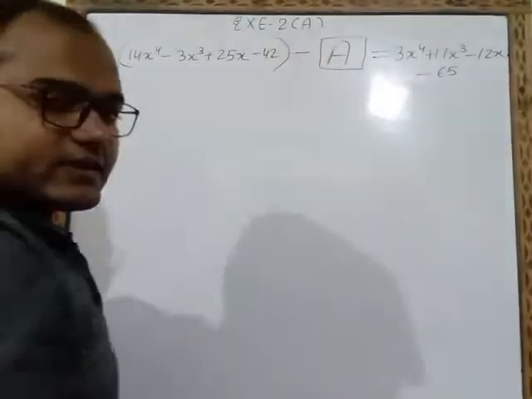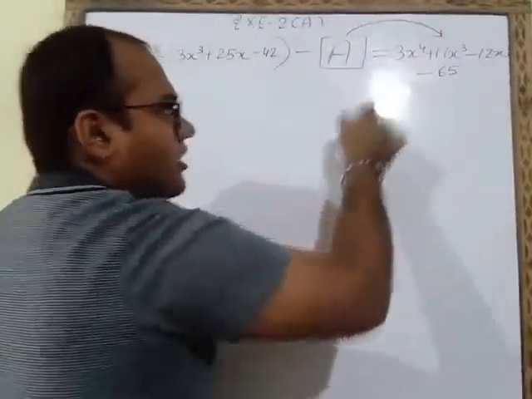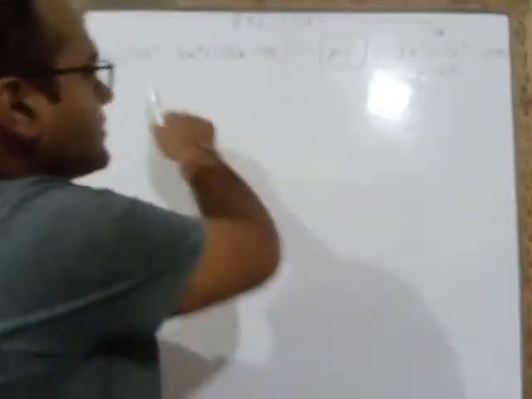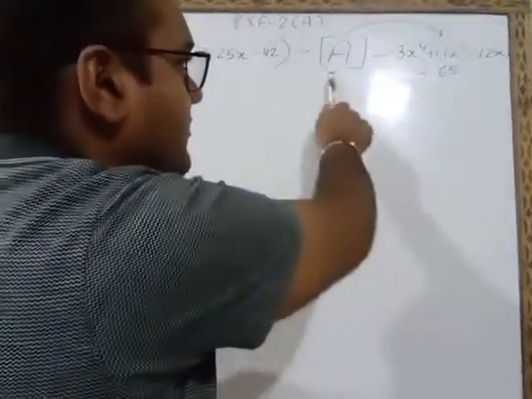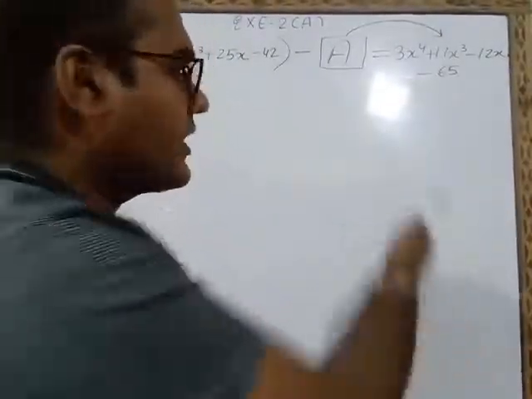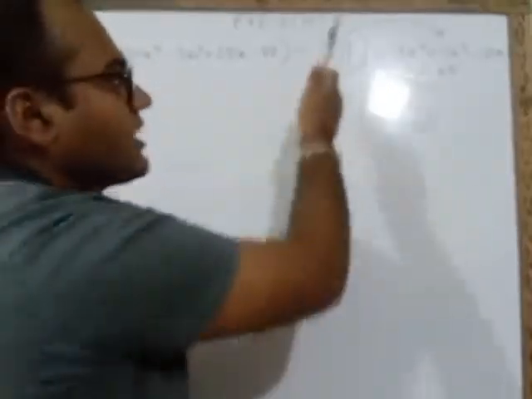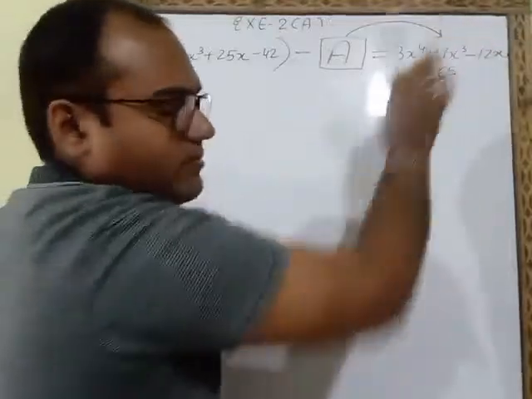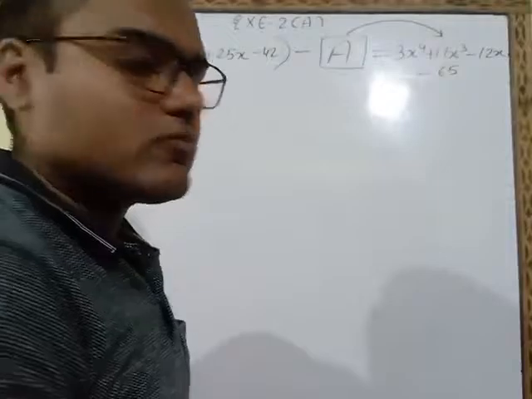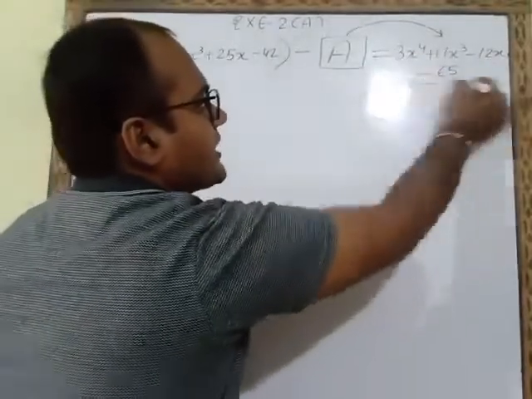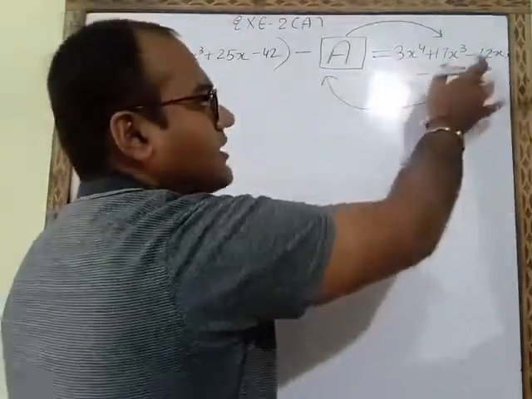A is minus. So first of all you will bring this A here in order to change the sign. This algebraic expression we know, this algebraic expression also we know, but here we have to find what the algebraic expression is. So here we had assumed A, and this A is of minus sign, so we have to change it into plus. That's why we will bring it on the right hand side. So when we bring this A on the right hand side, minus sign will change into plus sign, and this full algebraic expression will come here, and all the terms' signs will be changed.